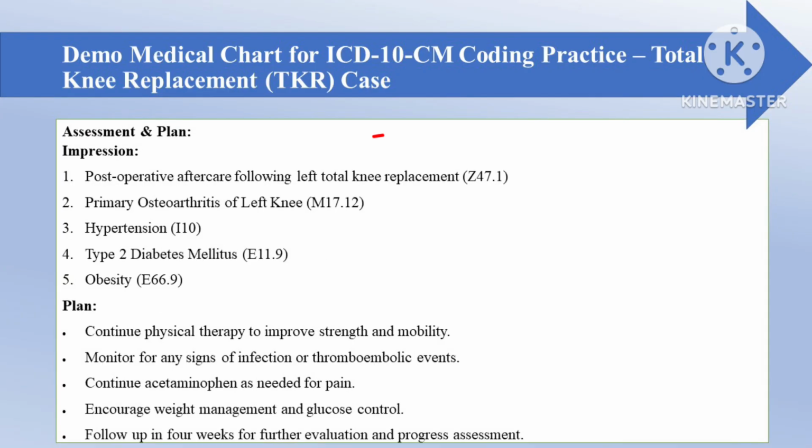Lastly, we have assessment and plan. This is a very important section of the medical chart where we get the diagnoses which are in focus. So now we will start coding with the assessment diagnosis. After analyzing the total medical chart, we understand that the main focus is on aftercare of the surgical wound for TKR. So PDX will be Z47.1, then we can add the status of surgery that is Z96.652. Then other comorbid conditions from the assessment that is E11.9 diabetes, I10 HTN and E66.9 for obesity.